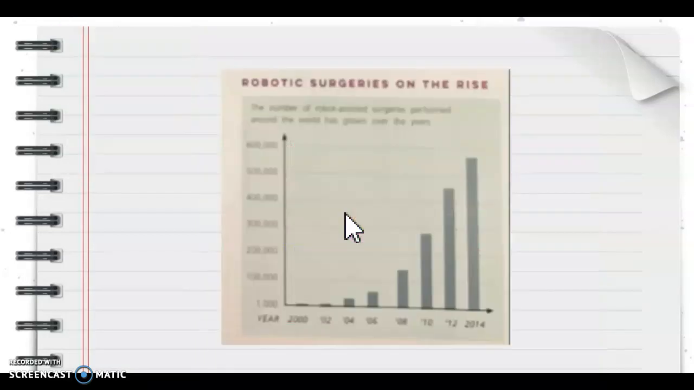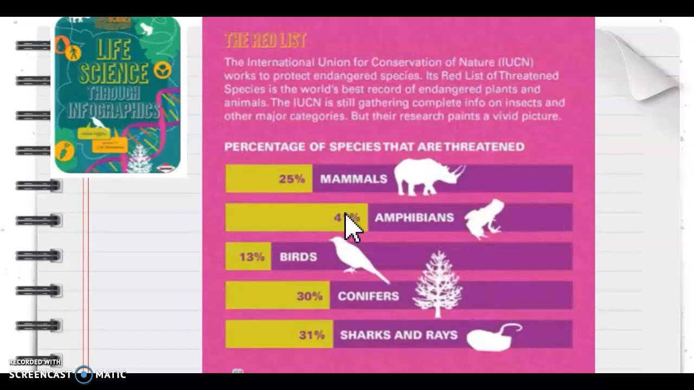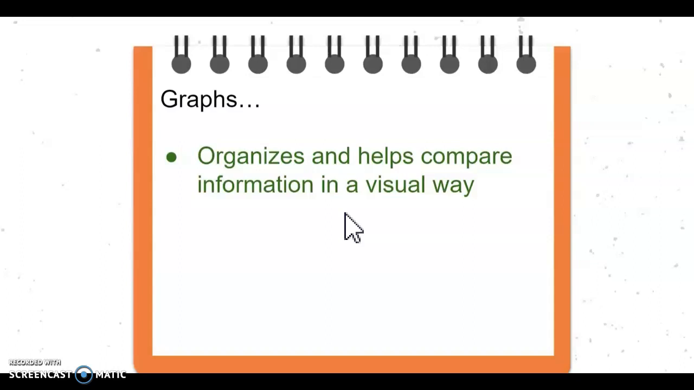You can see that I had a vertical bar graph right here. So it just depends on how the author wants you to compare it, but I appreciated that the author here put graphics so I would know, okay, a rhino would be a mammal, a frog would be an amphibian, but conifers might be a new vocabulary term to you. What I want you to remember is that graphs organize and help us compare information in a visual way. So it's not always written in an expository nonfiction text as a paragraph